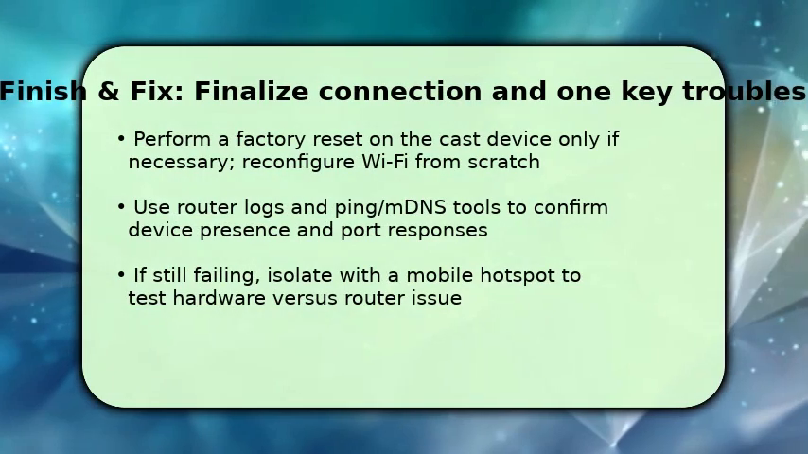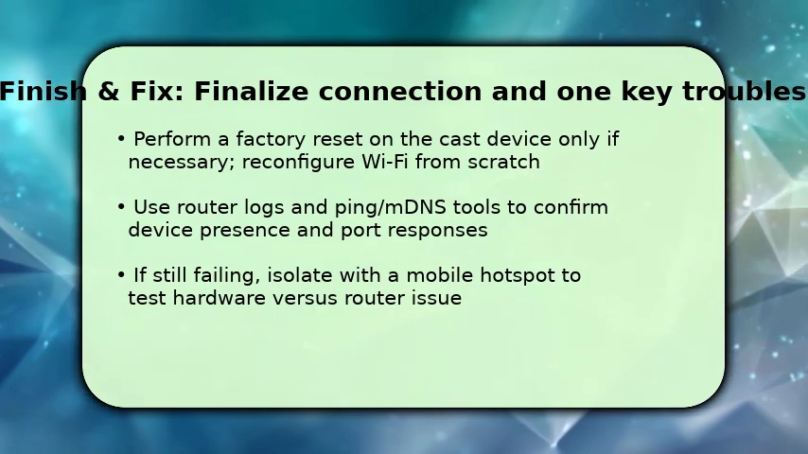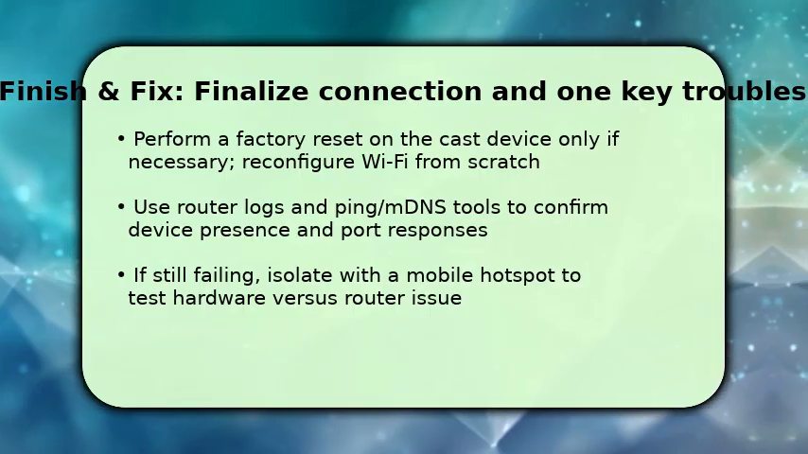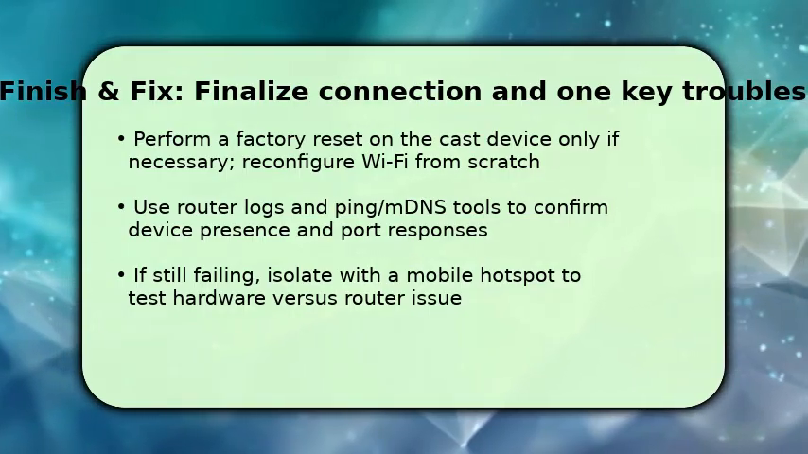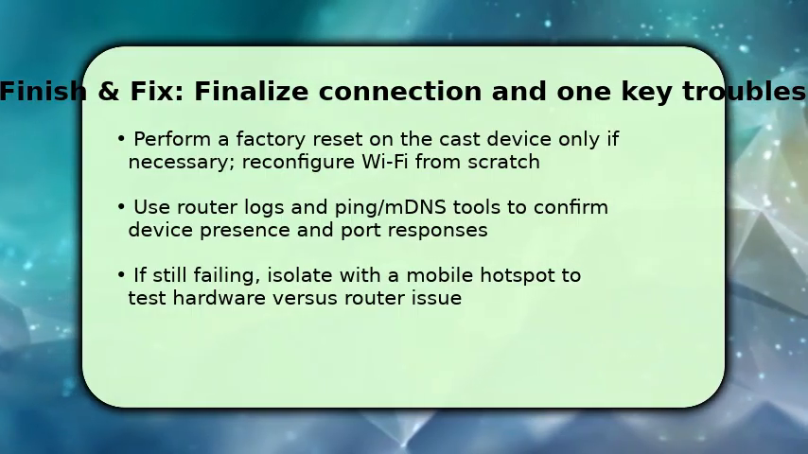To finish, reconfigure the cast device from a clean state. Factory reset it only when other steps fail, then set up Wi-Fi and reauthorize the casting app. Use router logs and simple tools, like ping and an mDNS browser, to confirm the receiver answers on the network and responds